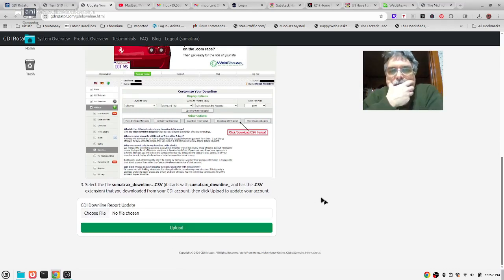That's it. So that's how simple this is. You just log into GDI, go to downline on the left. When your downline page comes up, you click download CSV format,